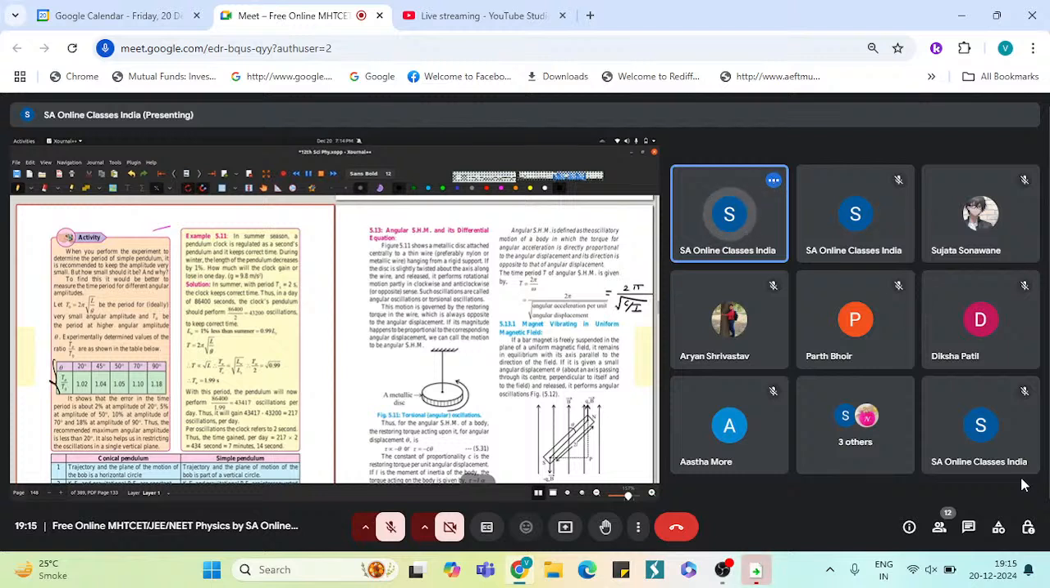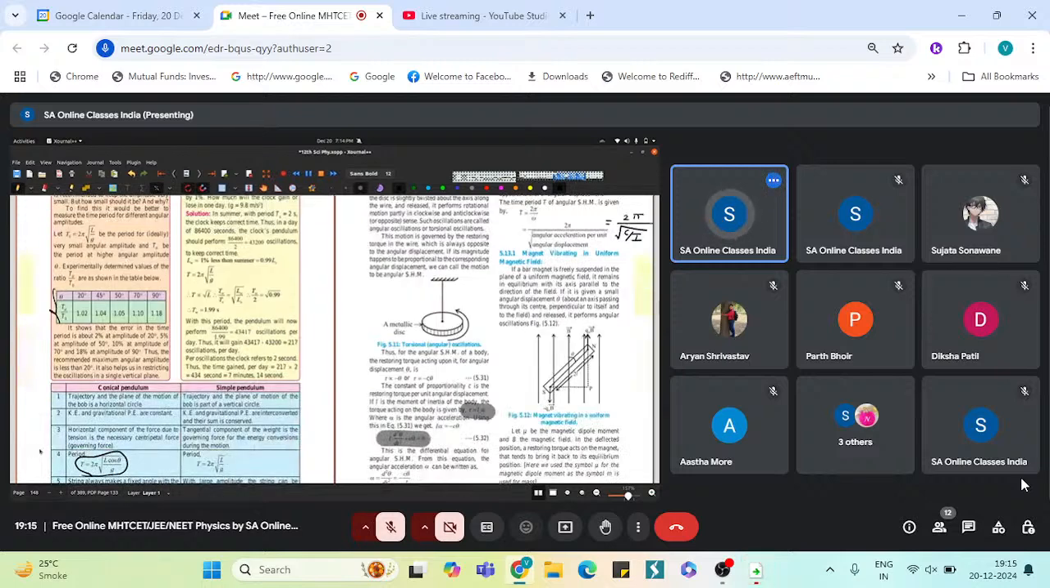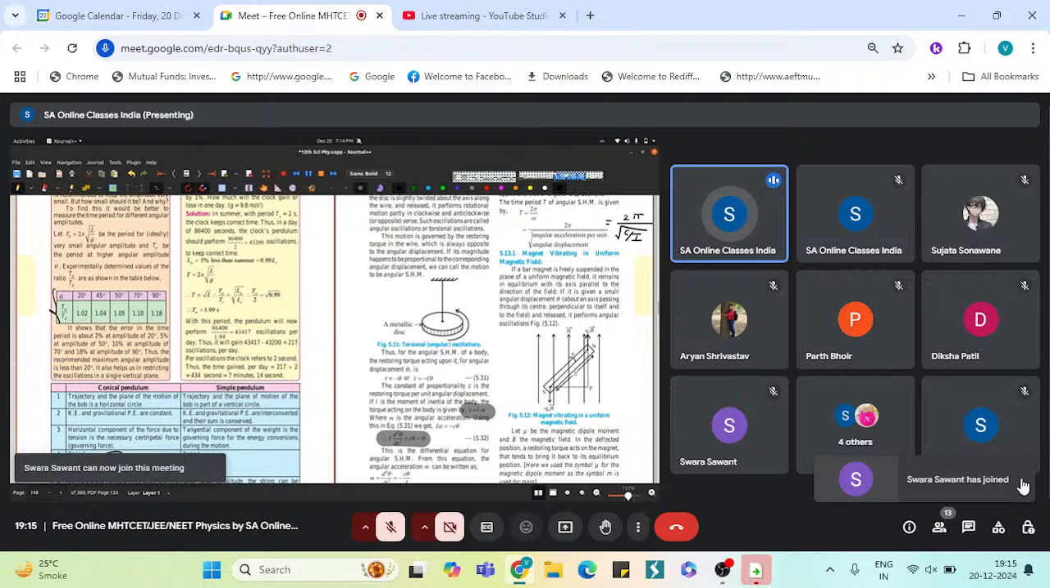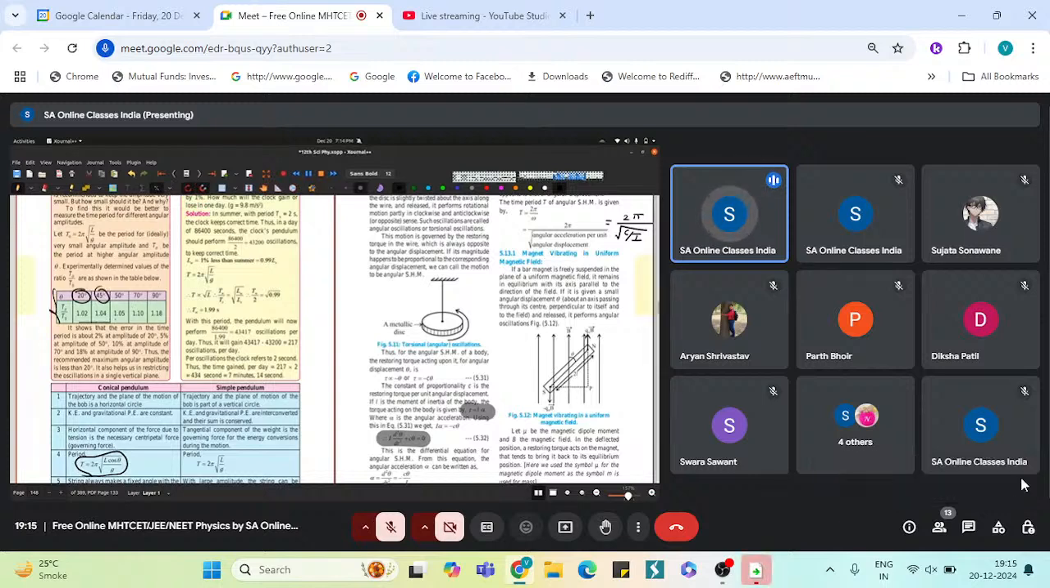Sorry, theta needs to be very small, and how small it could be for the given formula of time period to be valid. So they have given what the errors are if you take, say, theta equal to 20 degrees, theta equal to 45 degrees, like that, and theta equal to 90 degrees. Then what are the errors in the actual time periods with respect to the time period that is given by